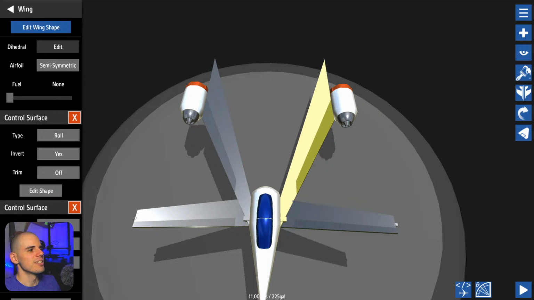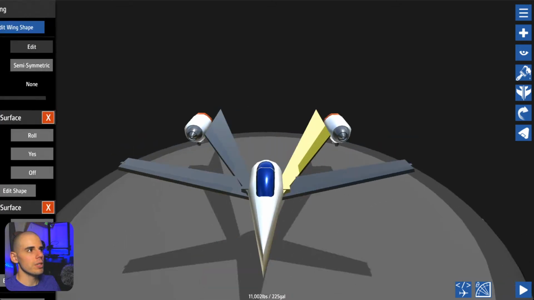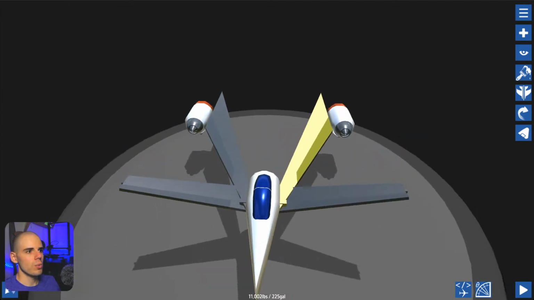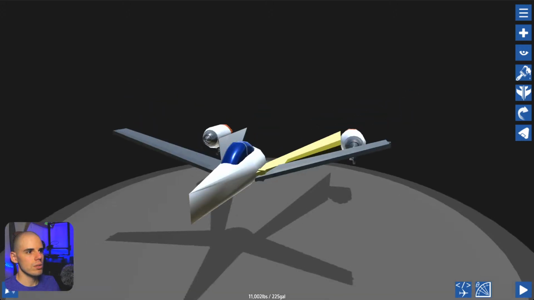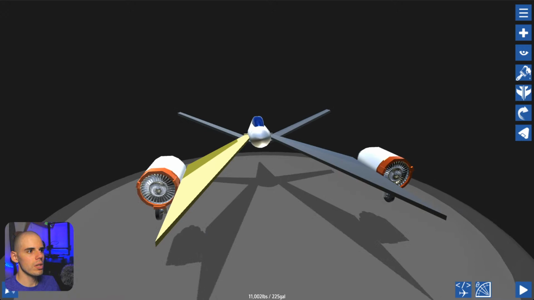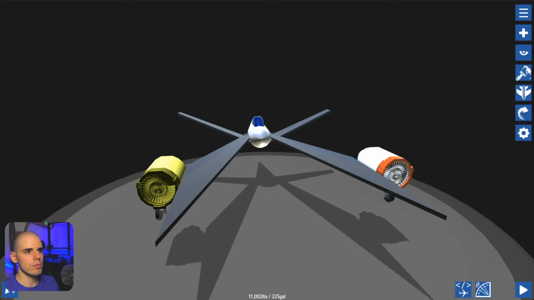Oh, let's see here. And then, so that's going to be for the roll. I feel like that will be worthwhile. We really do need some sort of better control. Oh, I do have one thing, with the engines, I don't know if it matters with this one, but with the engine itself,